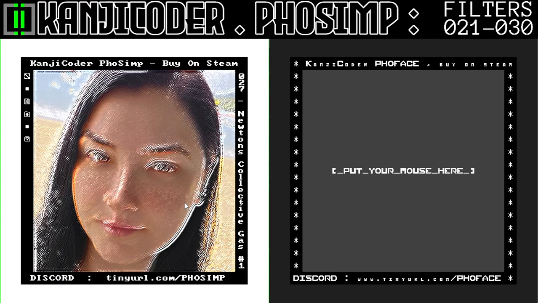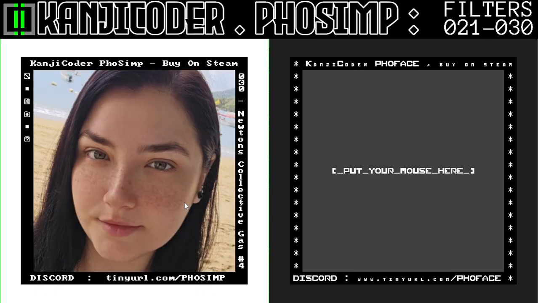So 28, I assume is going to be a bit stronger, right? So 28, a bit stronger for sure. Okay, reset that. Okay, let's use 29. Okay, yep, a bit stronger. And then 30 is going to be the strongest effect, right? Yep, 30 is the strongest effect. And if we keep on using that, it just completely degrades, right? And I would assume that 27 will also degrade, but it'll take a really long time, right? So we're just going to spam 27 for a second and see if it degrades. And it might not degrade, even if it degrades into complete chaos, that chaos might not look the same as the stronger filter, right? Because